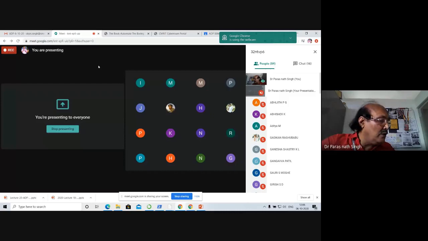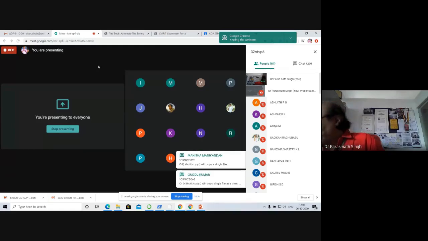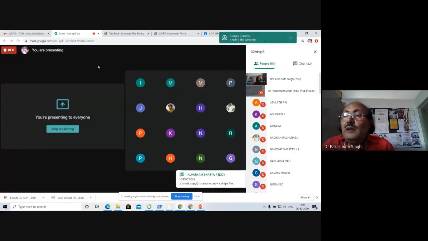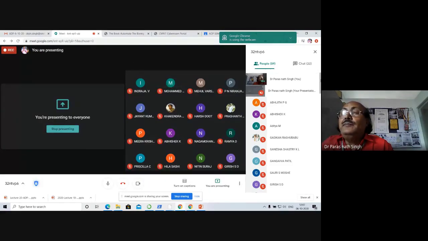I think Yasas has already joined first. His name is appearing alphabetically at last, 610. So alphabetically, Avijit PG is there, Abhishek K is there, fine, and Aditya M is there. Fine, no problem. So now, Raghu Babu, Ganesha Shastri, Gangawa Patil, Gauri S. Moghe, Girish SD, Guddu Kumar is there, fine.